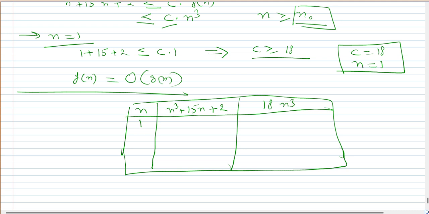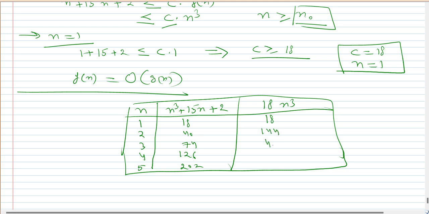So if we put different values like this here in this table, we will get 18, 40, 74, 126, 202, and here we'll get 18,